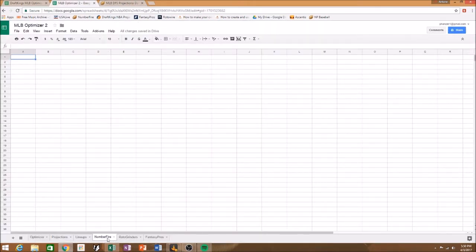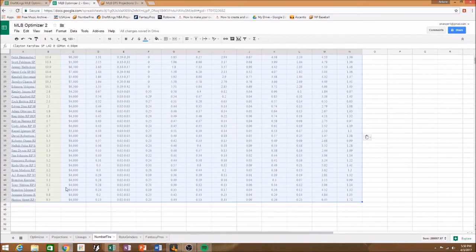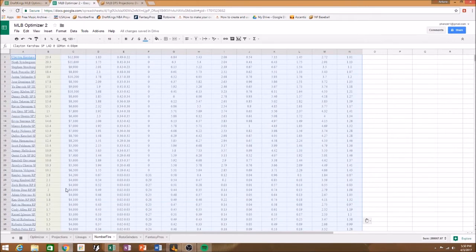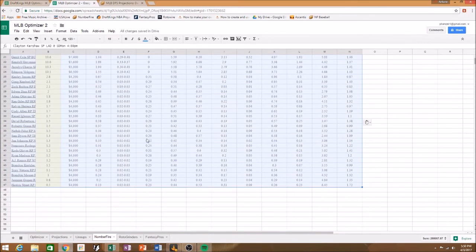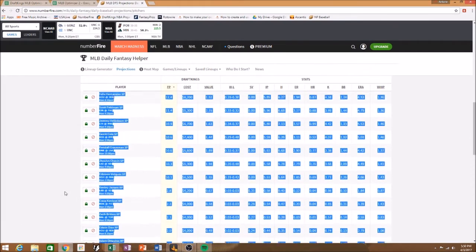Make sure you're in your Number Fire tab when you come back to your Google Sheets, and Control V. So there's all the pitchers, relief pitchers, starting pitchers, even pitchers that probably aren't going to pitch. Oh no, they only have projected pitchers, which is good. So there's all your pitchers, and it's in your Number Fire tab from your Number Fire website, okay? Now we got to get